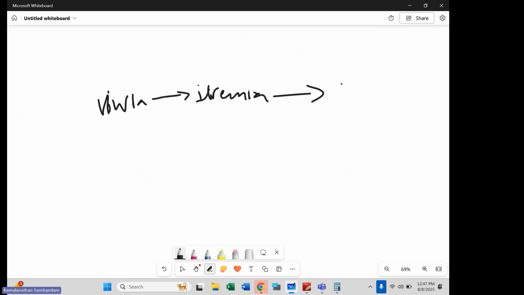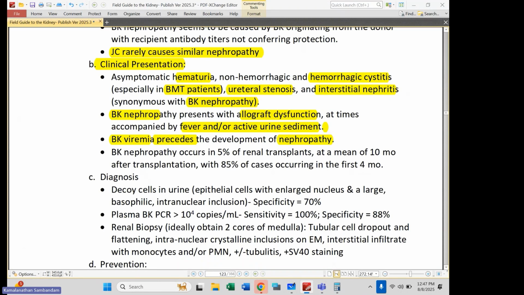And then only can you get BK nephropathy, okay? And there's a threshold at which the risk of BK nephropathy seems to be real. When viremia exceeds 10,000 on this PCR study, that's when this risk of BK nephropathy starts to be meaningful,